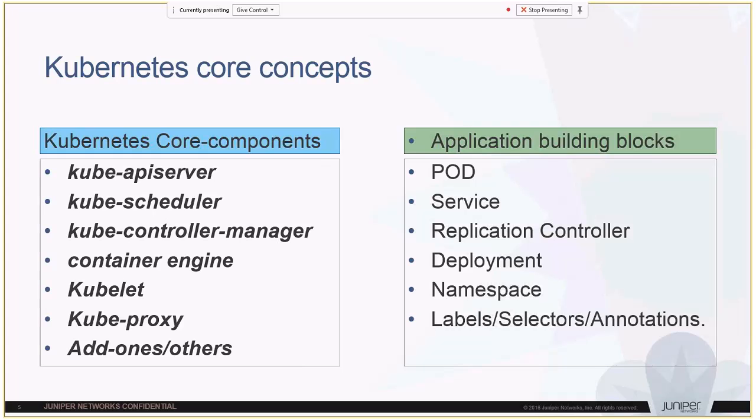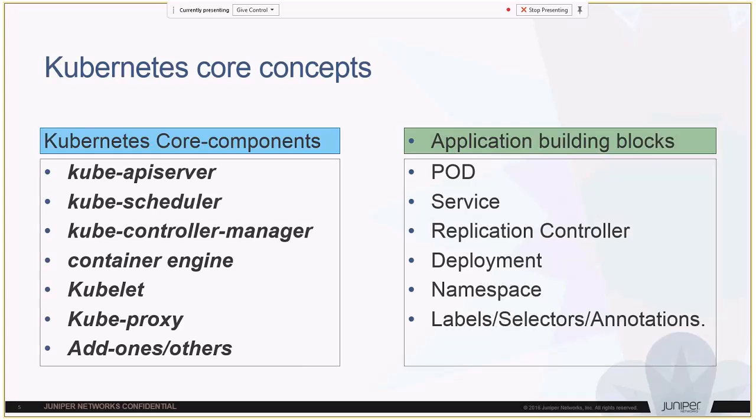The container engine itself is the agent where you bring up containers. The container engine is either Docker, which is the most widely deployed container engine, or the other popular option, Rocket. Rocket is an alternative to Docker. And the kubelet is the agent which sits on the minion, talks to the kube master, and gets instructions from the kube master to bring up or bring down the container. And then you have the kube proxy,